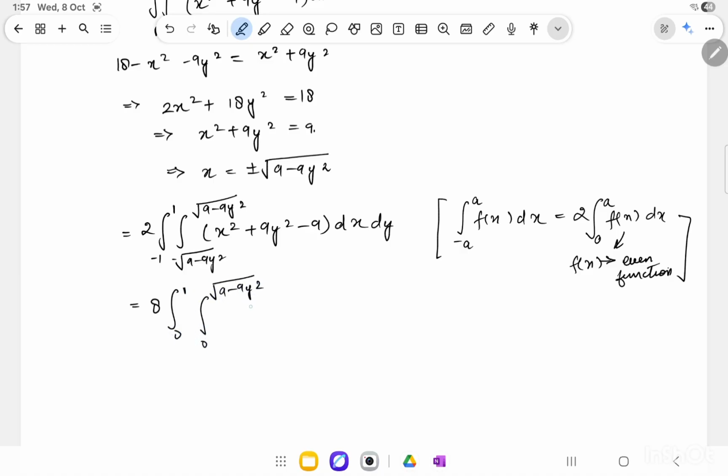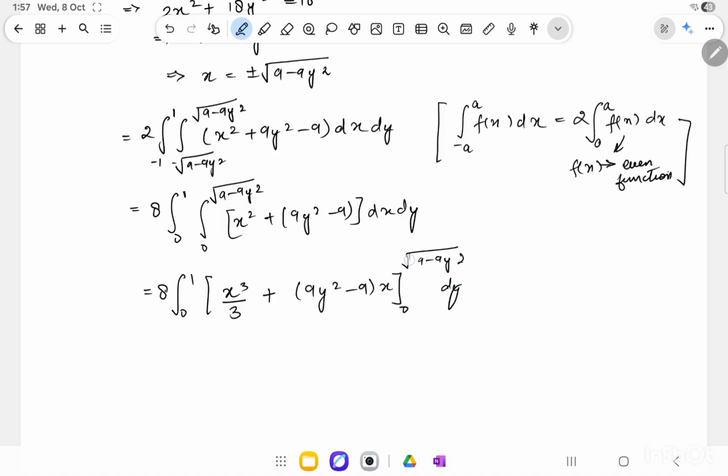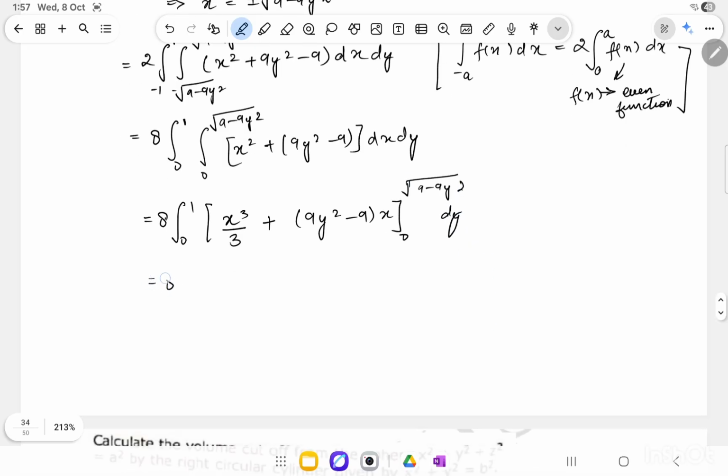√(9 − 9y²), of x² + 9y² − 9 dx dy. So it is equal to 8 times the integration from 0 to 1 of [x³/3 + 9y²x − 9x], with x varying from 0 to √(9 − 9y²), dy. So from here I'll get 8 times the integration from 0 to 1 of (9 − 9y²)^(3/2)/3